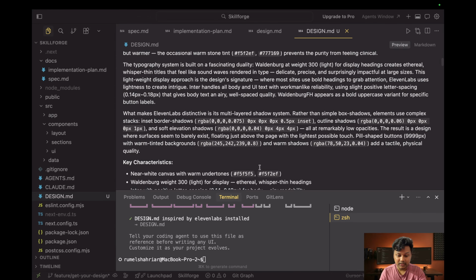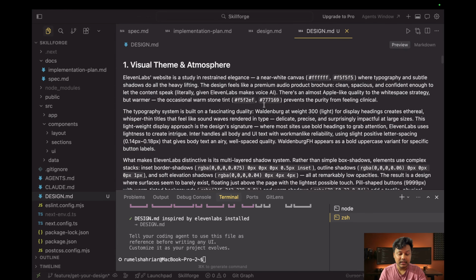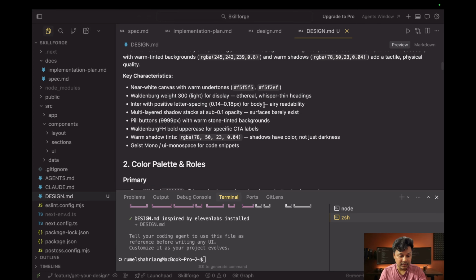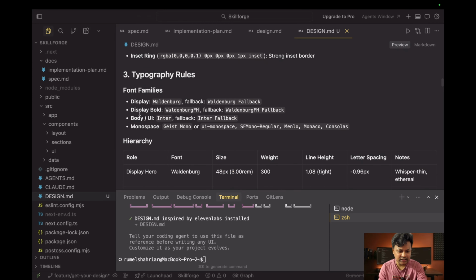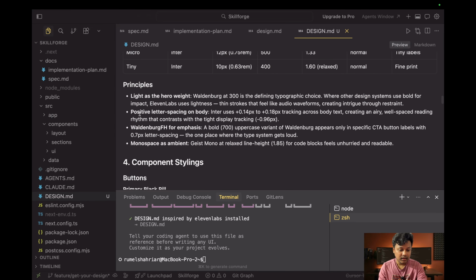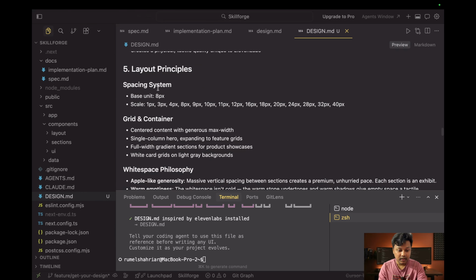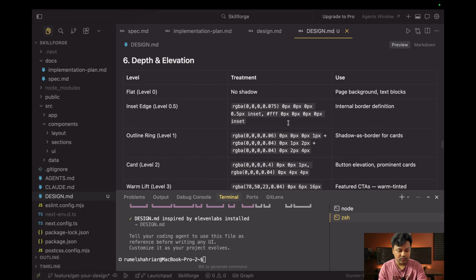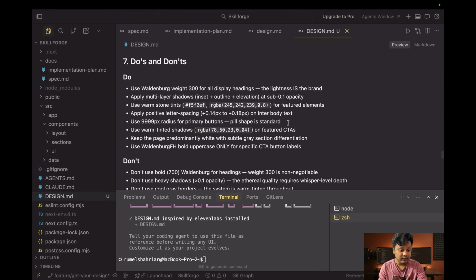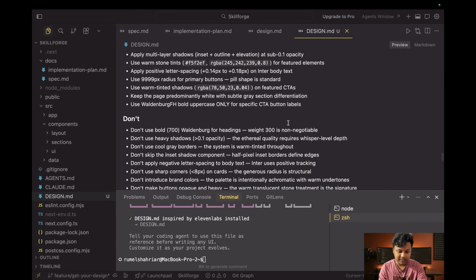So they went into great detail to basically explain the visual theme and atmosphere, and then they also talked about key characteristics, and they talk about the color palettes and roles, shadows, typography rules, and component styles, layout principles like what type of spacing system they should use, grid, border radius, and scale. And they also talked about depth and elevation, and finally do's and don'ts, which I think is just as important,